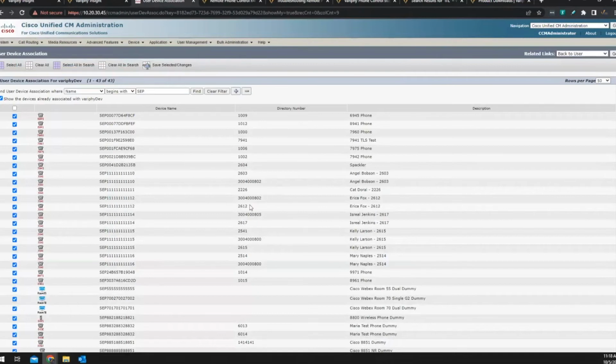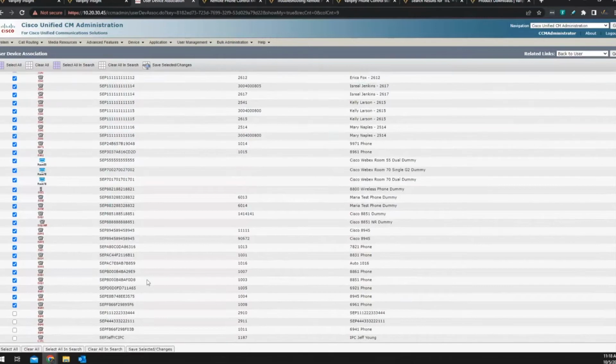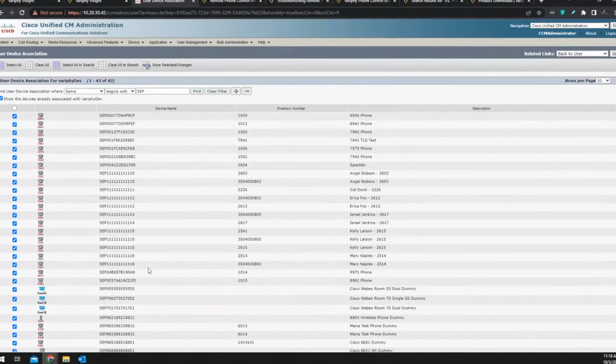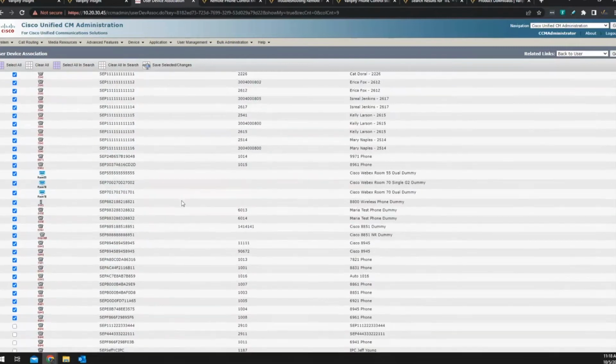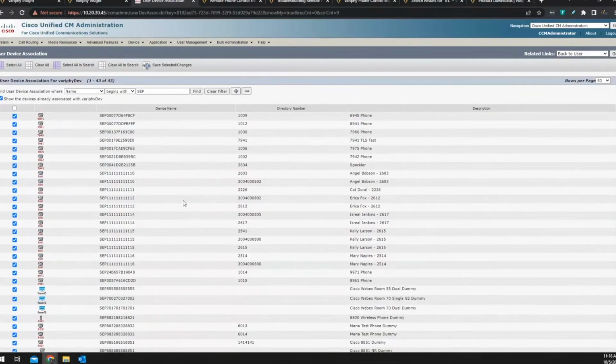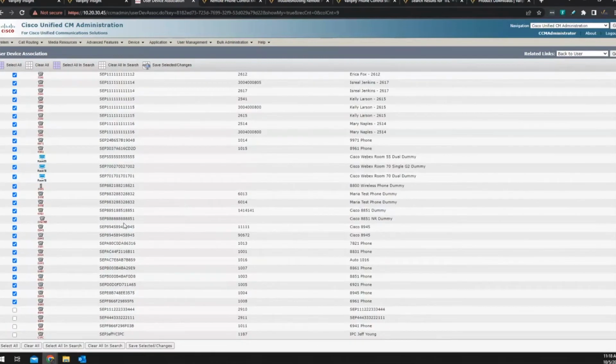So usually I will just make sure all the SCP devices are added. There may be some IP communicators mixed in as well. That's fine. It's okay to add them to that list. We'll just filter out anything we don't support from that list when we're pulling the results. It looks like pretty much everything's added except for these ones down here.